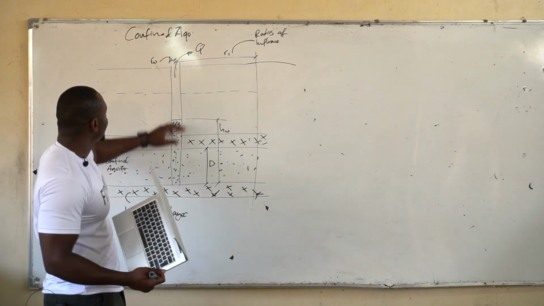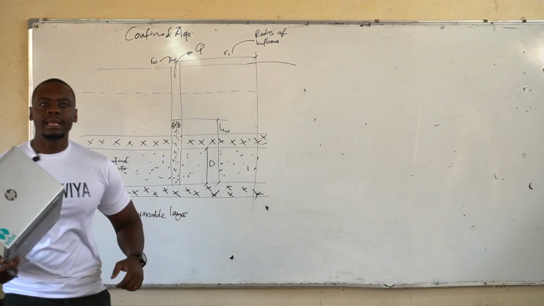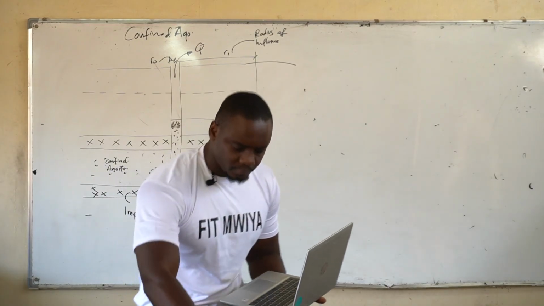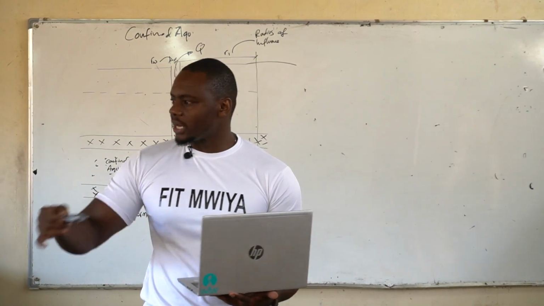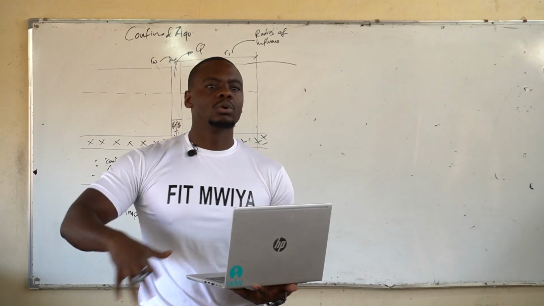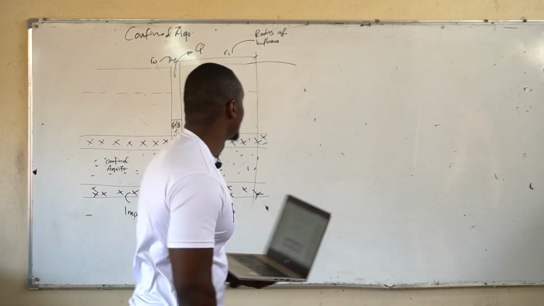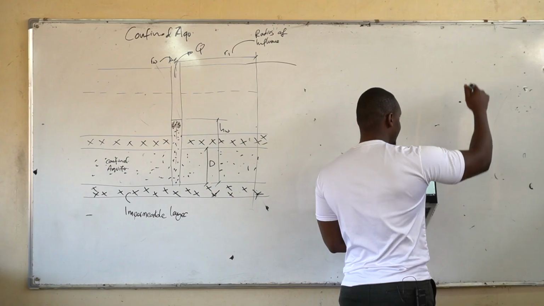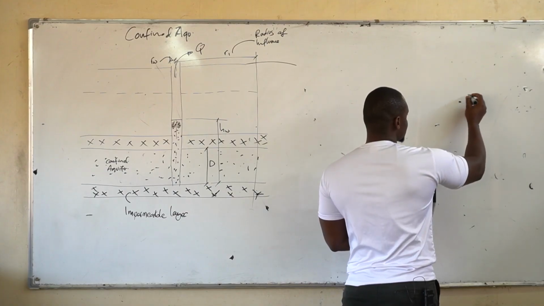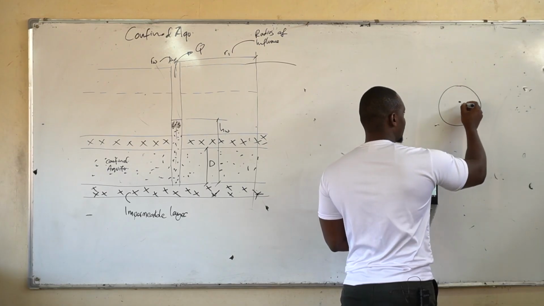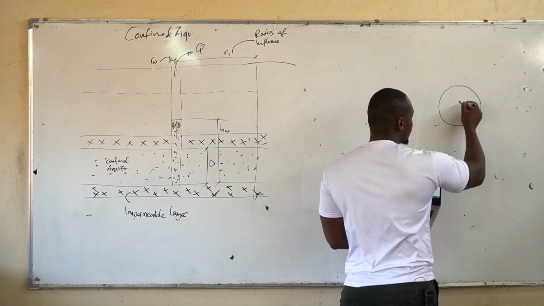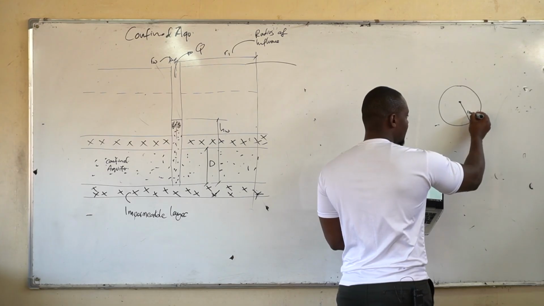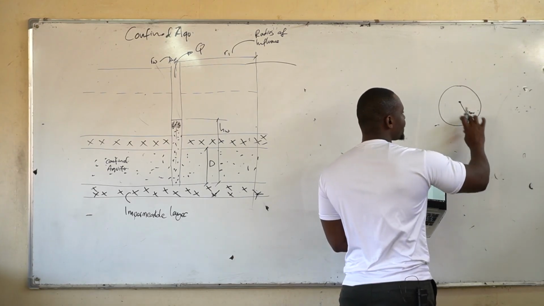Okay, cool. So R1 is just the radius of influence, and the science behind this is where you've drilled the borehole, okay, and you start abstracting water. The effects go, so view it from the top, right? So this is your borehole from the plan. Your influence is circular, okay? So you can't just affect the water table in one direction. If in one direction you've moved about 10 meters, and I'm going to explain what I mean by affecting the water table, it means that